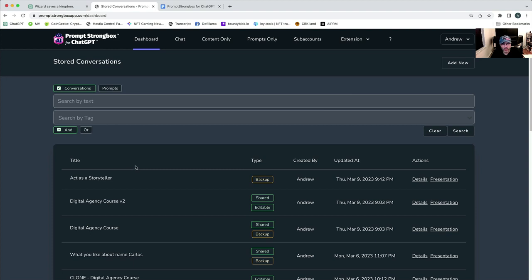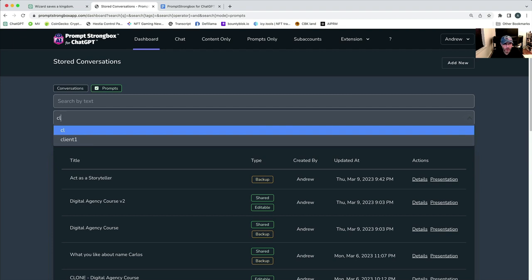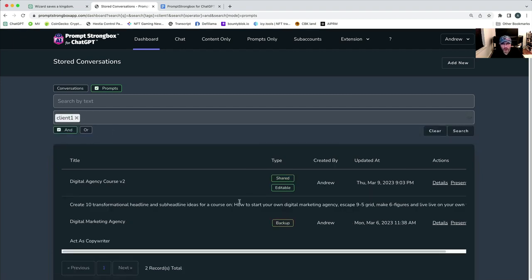Another feature is search. For example, if I have a client, let's go to prompts. If I have a client, I name it client one. I can tag my clients with tags. So let's say I have client one. And right there, I have all the content I was working on for my client. So that way I can use it, easily share it with the client, and continue working on it with ChatGPT priming. And I can go even further and also search for things like this,